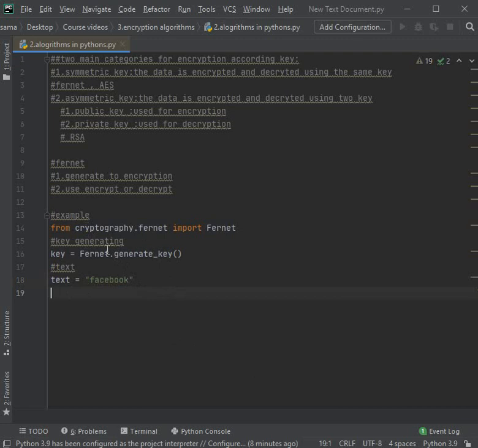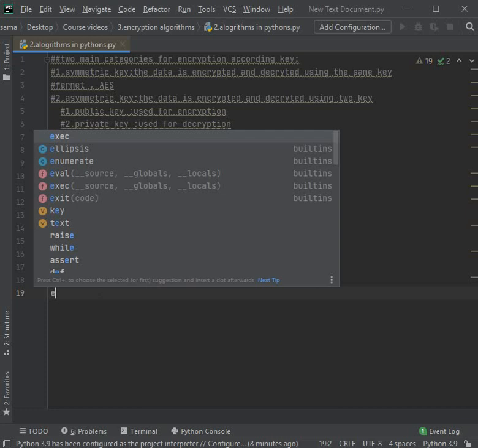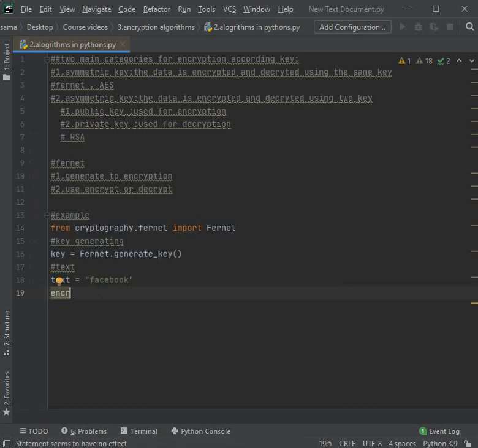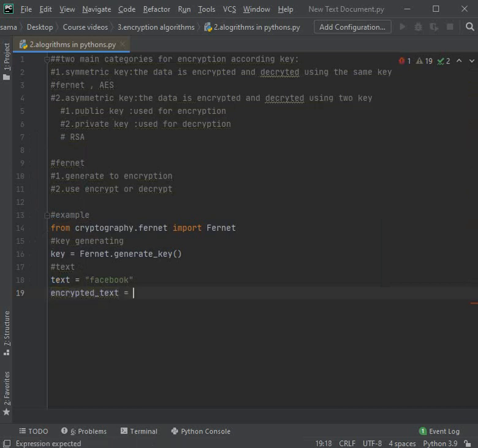First step, we generate the key. Second step, we use an encryption or decryption method. How does this happen? We should type the encrypted text, the text after encryption, equal